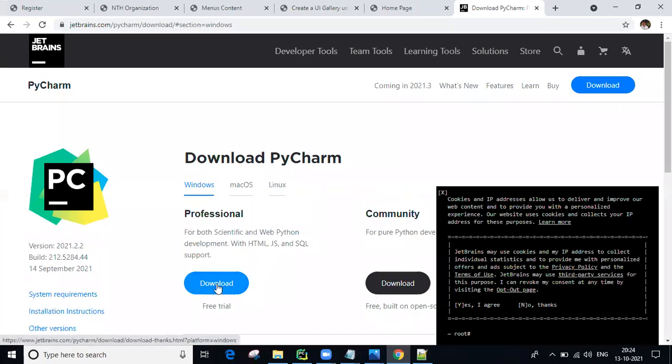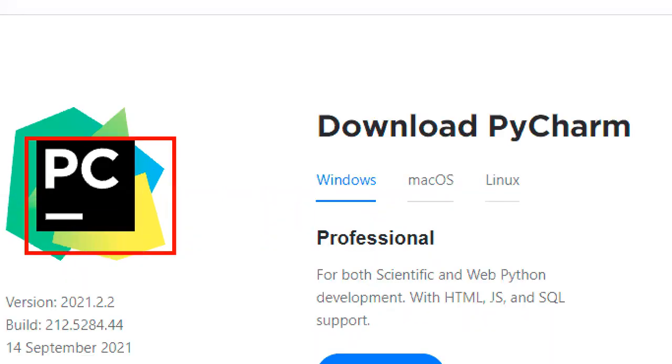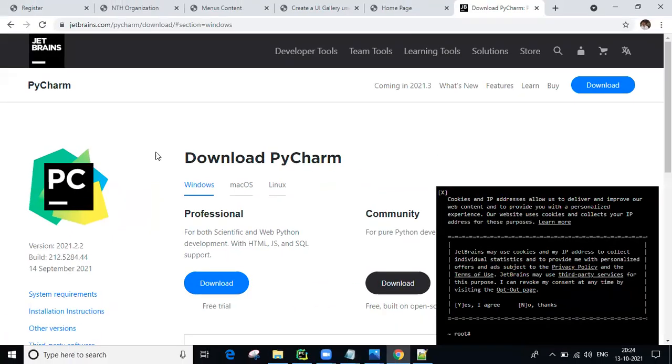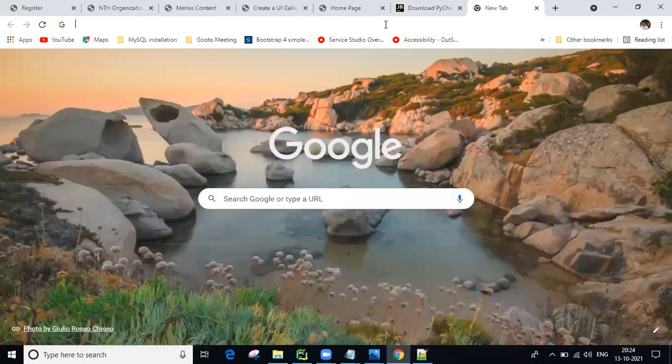So now click on download, guys. I'm not going to download here right now, I have it already. Click on download and an exe file downloads. After downloading, guys, double click on it. This is the PyCharm related icon, so double click on that. It asks next, next, next like that. If you have doubts about how to install, guys,